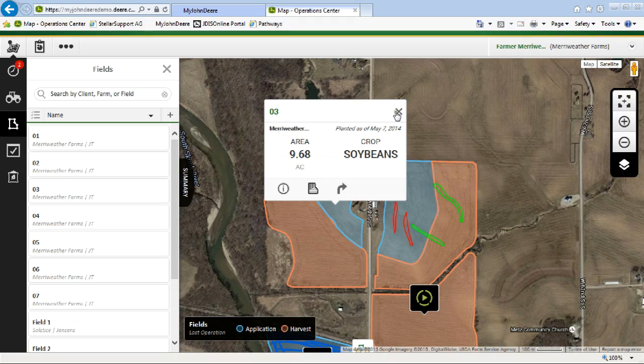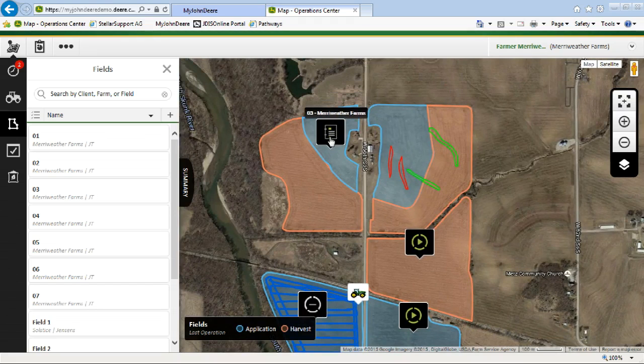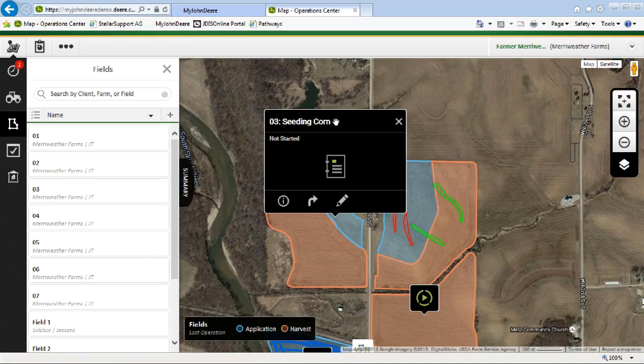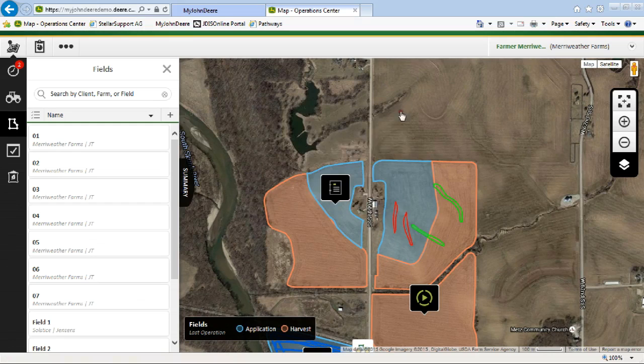So I'll go ahead and close this, and you can see on this map we've got these different icons. And those different icons are also the icons over here. So for instance, this one, if I select it, this is seeding corn. The job had not been started yet. We'll select it